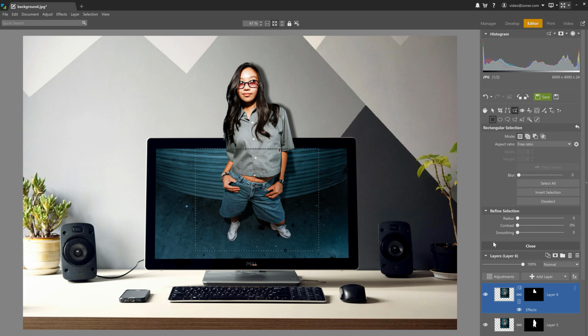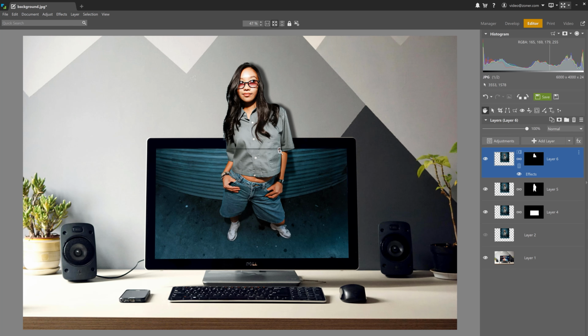And when that's done, notice that the shadow is still covering the lower layer of the object, which we don't want. And the fix for this is simple. Move the shadow layer below the non-shadow layer. Voila! The pop-out effect is now complete, and I'm quite happy with this result.